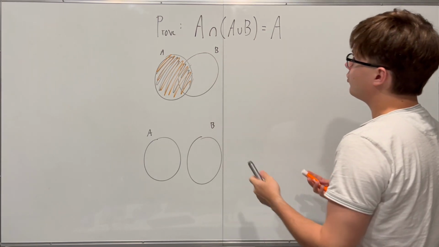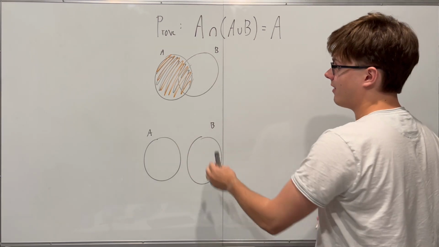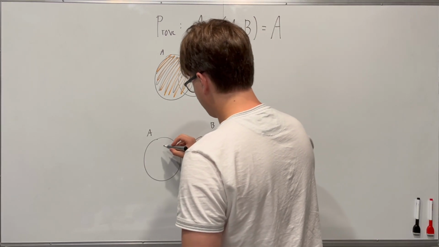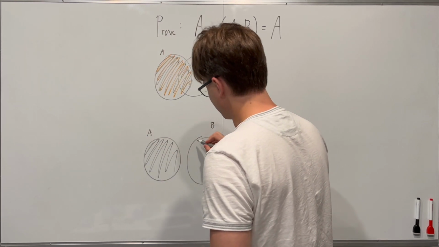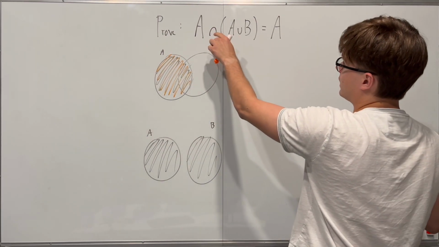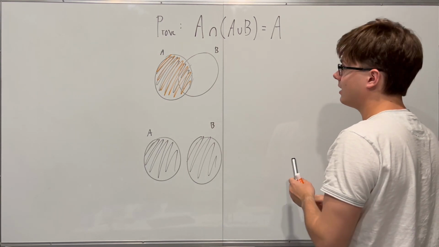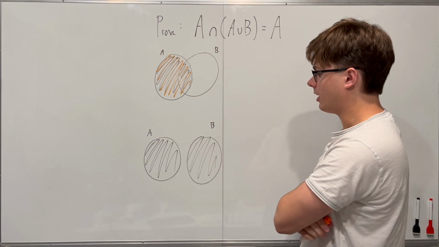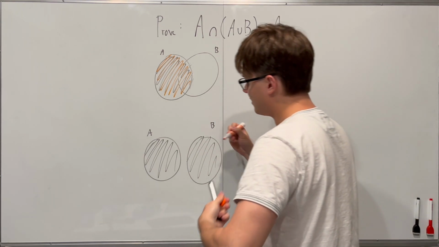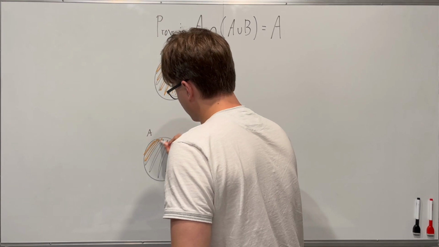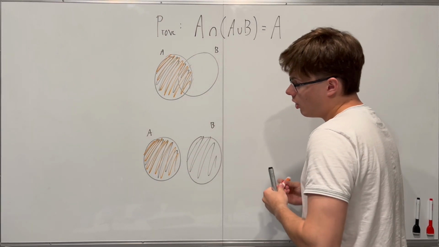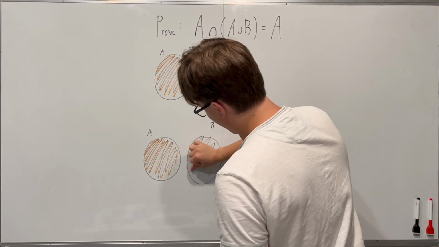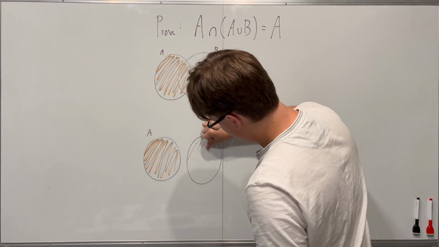All right, what if A and B don't share anything? They both have very distinct elements. Well, let's have a look. Then we have A union B, which is just going to be all of A and all of B. And then we're going to take the intersection of that with A. So we want to take how much of that shares something with A. How much of this shaded area shares something with A? Well, it's going to be only the part that's also in A, right? So only A shares something with A union B in this case,